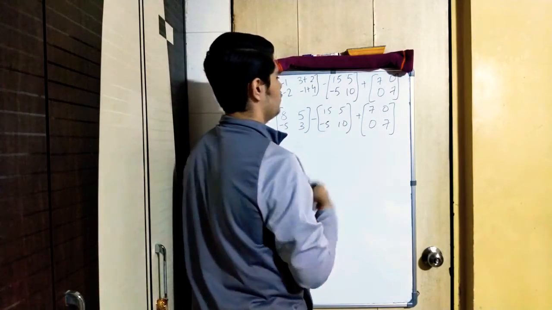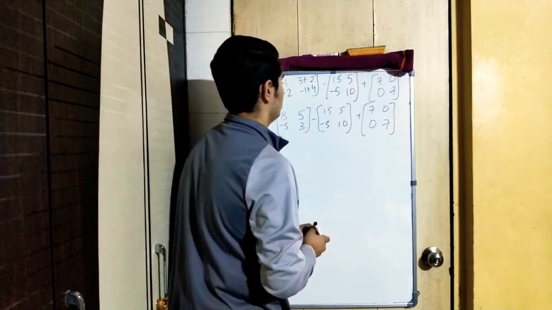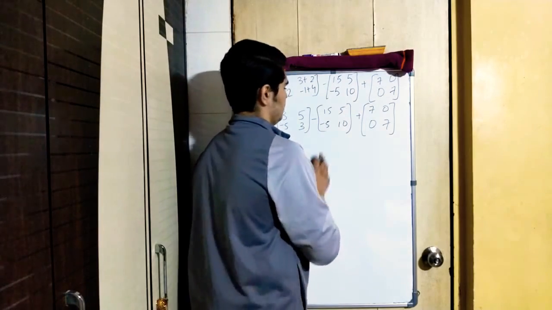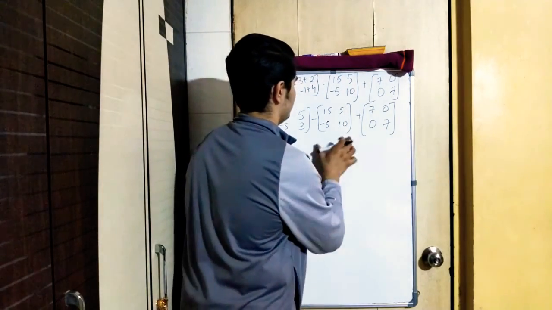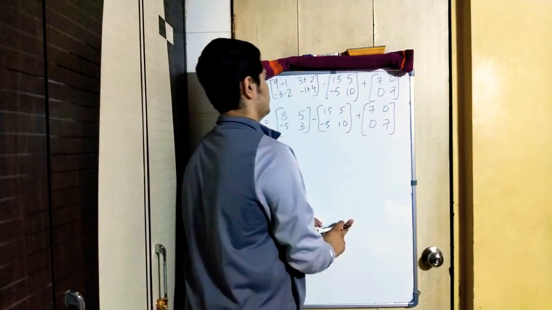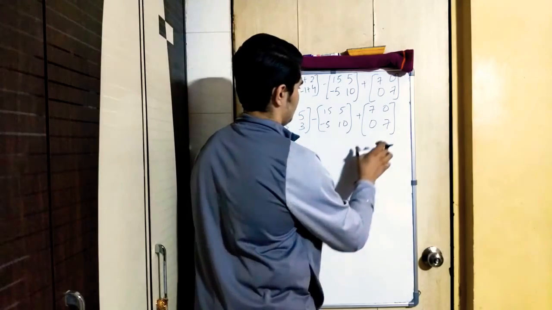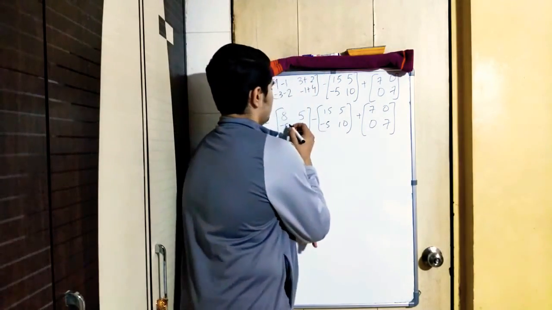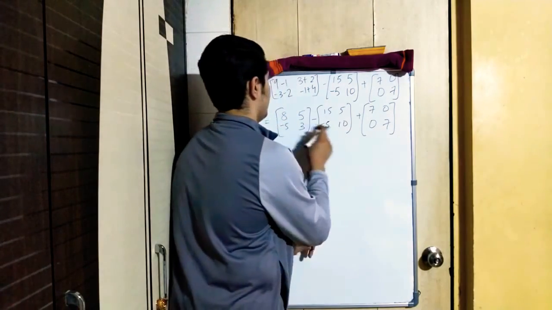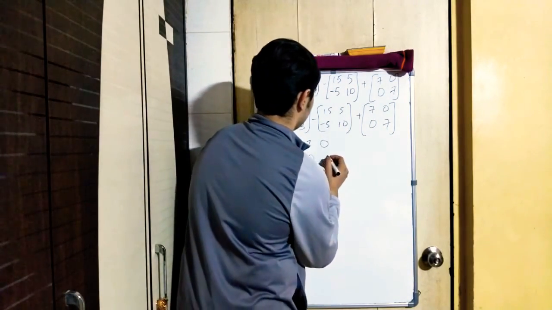If you are good at math, you can directly solve these three matrices at a go. But if you are not as fast a solver, you can even first solve these two, and then add the answer you get to this matrix. So for making you all understand, I am solving this first, and then adding the answer with this. So 8 minus 15 is minus 7, 5 minus 5 is 0, minus 5 plus 5 is 0, 3 minus 10 is minus 7,